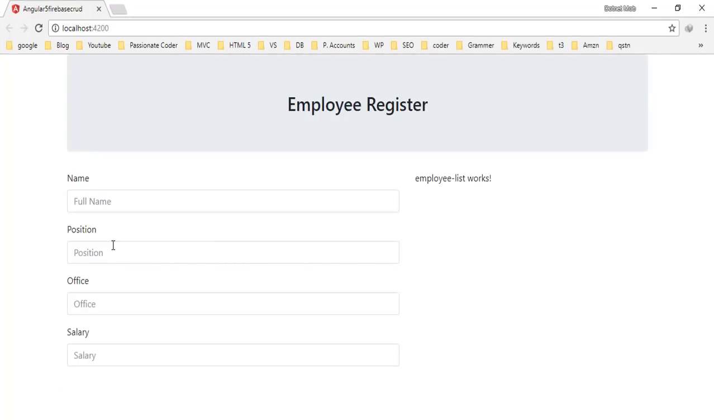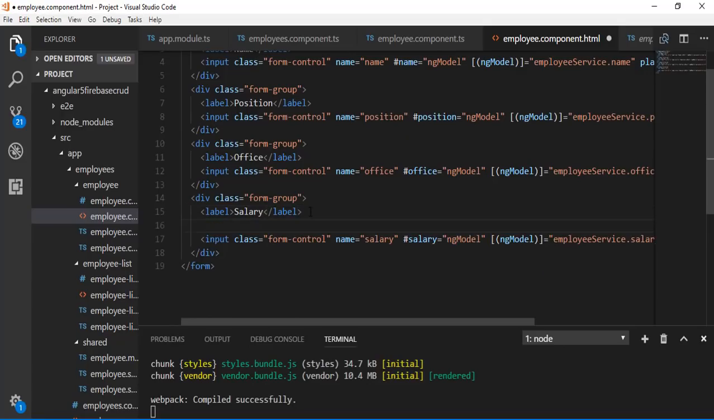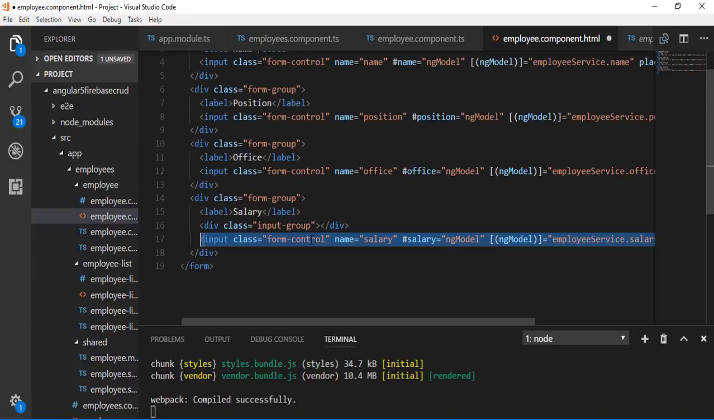So here we have added label text box pairs inside this employee form. Now we have to add one submit button and reset button. Apart from that, I want to add a dollar symbol inside this salary text box. In order to add a dollar symbol inside this salary text box, first of all we have to create a div with class input-group. This is from Bootstrap. Now we have to move this salary text box inside this input group div,